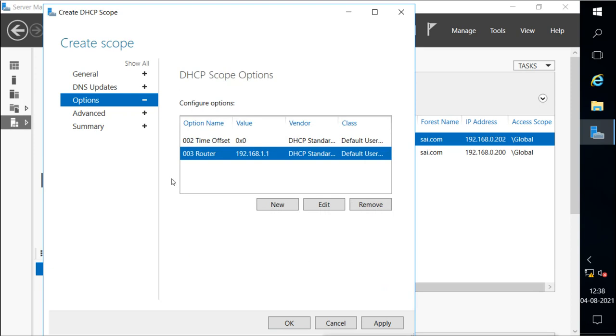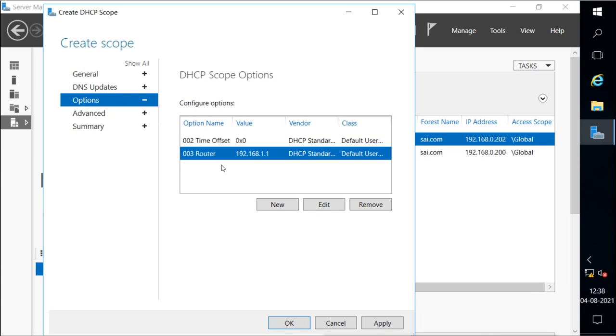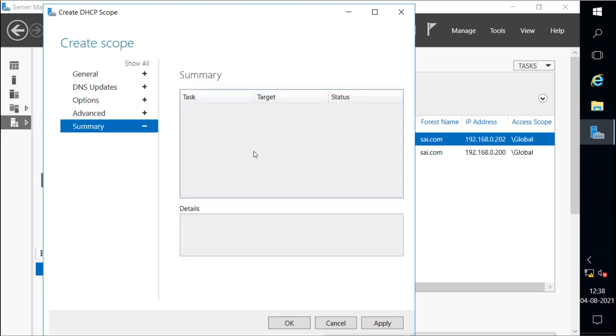So this was there already. I have added the router address also. Then you can add the DNS address, domain name and all the other options. In advanced you have other options like assigning IP addresses dynamically to clients of DHCP or BOOTP or both. Then this is the lease time, subnet delay also, and it shows a summary after creating.